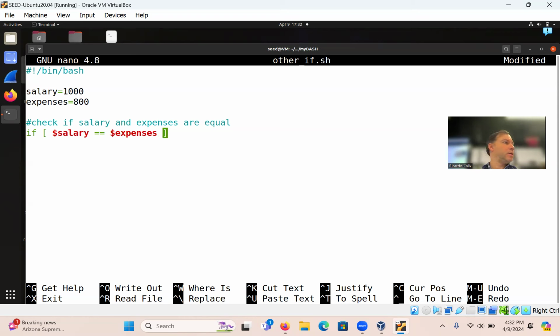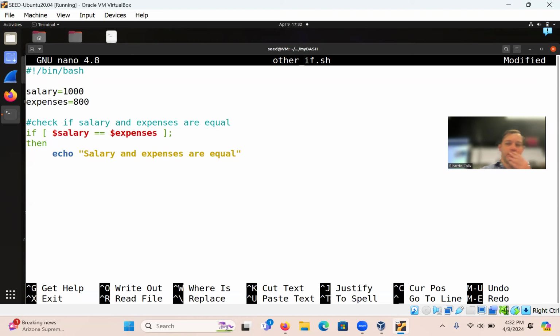This is also numeric. Semicolon, right? And then we can do also then here, like that. And, you know, 1, 2, 3, 4, 5, 6, just because. Echo. So now you can issue a message. So you can say salary and expenses are equal.